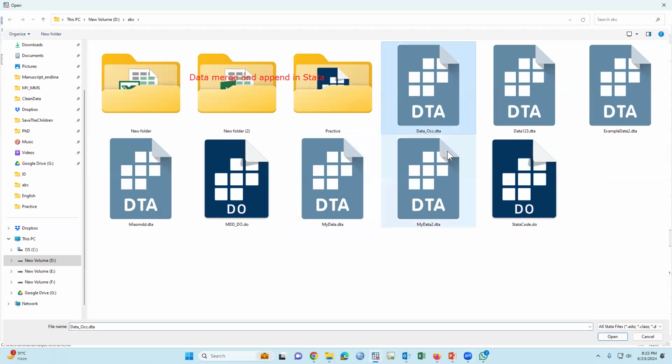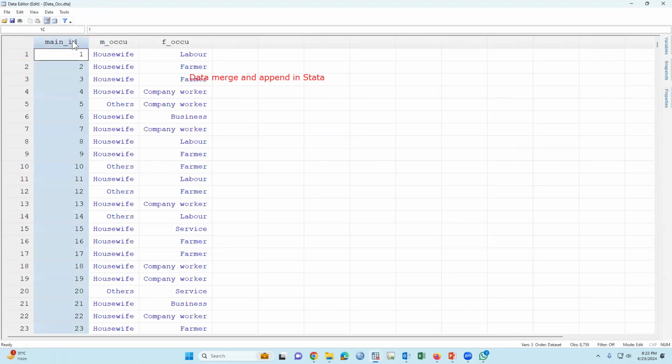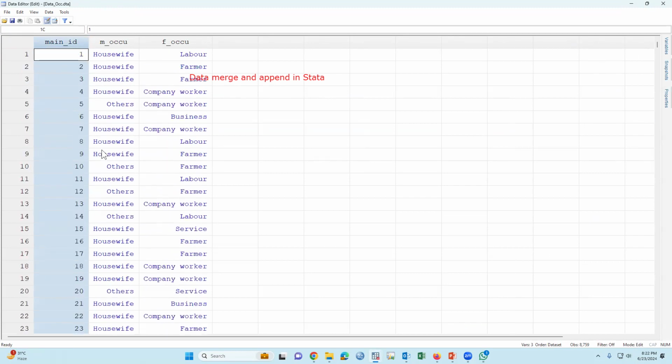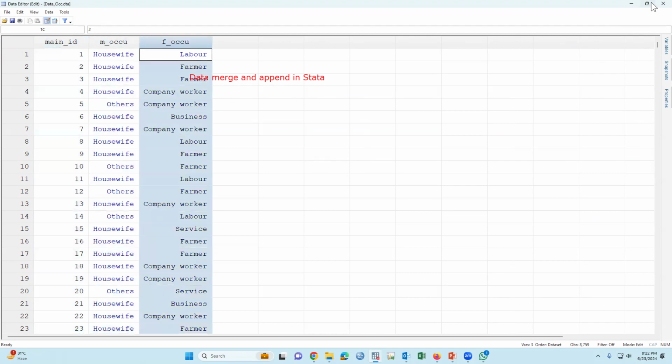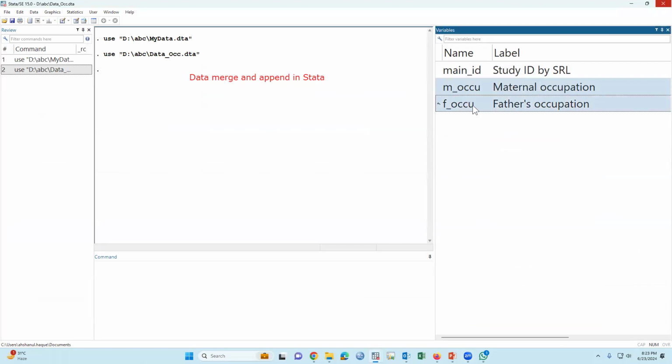The same variable, the study ID is the same, but the extra variables are mother occupation and father occupation. We would like to add these variables to the main data set.